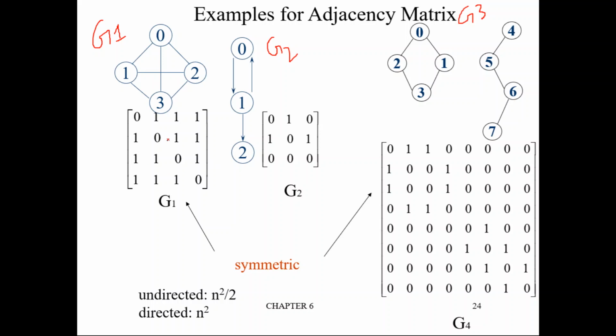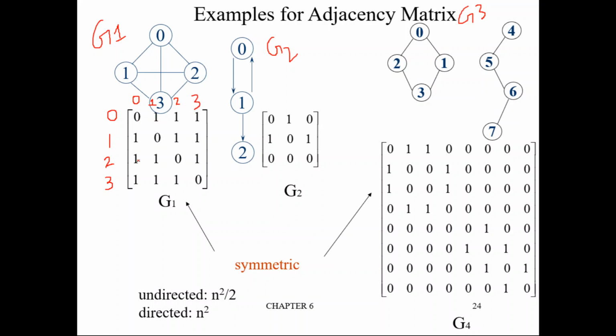How it is represented: all these rows represent different vertices. This zeroth row represents vertex 0. This row represents vertex 1. This row represents vertex 2. This row represents vertex 3. Similarly, the zeroth column represents vertex 0 of this graph. Everything I am telling is with respect to this graph. This column represents vertex 1, this column represents vertex 2, and this column represents vertex 3.